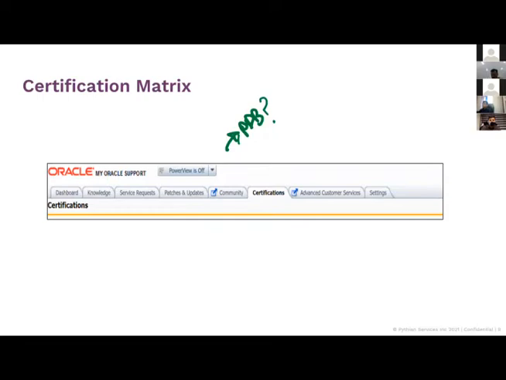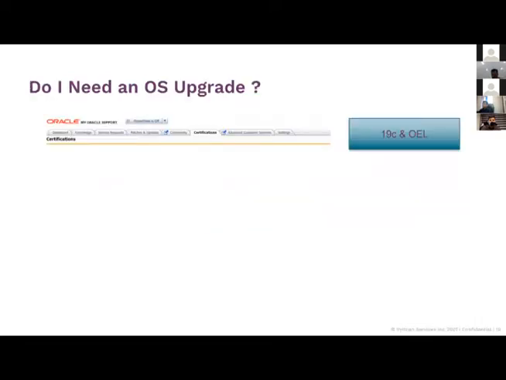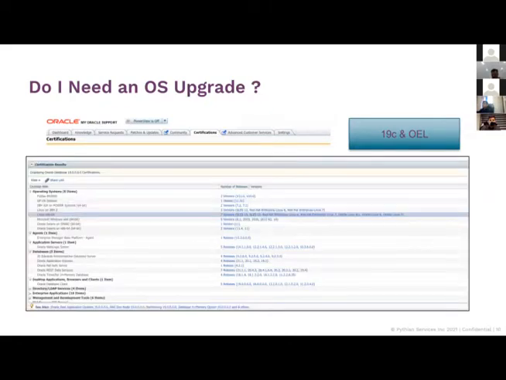Something like that. But this is the Oracle certification matrix that you have. It is an Oracle support tool where you plug in your variables. You can consider these as your variables. You plug in your variables, 19C and OEL, and what you get is this set of information on what is certified. If you want to go on 19C for Linux x86-64, these are the versions of OS that you can be on.